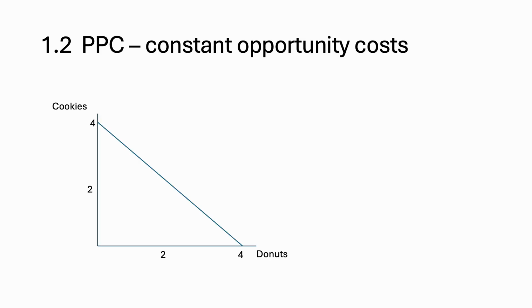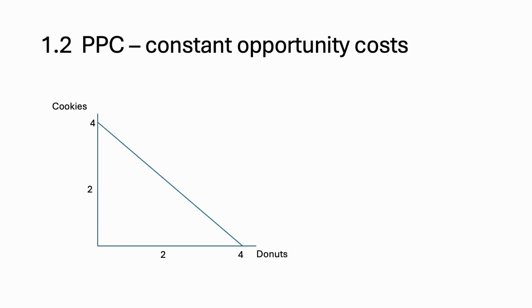This PPC is illustrating the concept of constant opportunity cost. This means that as we make more and more of one good, we're giving up the same amount of the other good. So the opportunity cost is constant. This is due to the idea that the resources that are needed for both goods are easily interchangeable. So for example, in this diagram, we have cookies and donuts. The flour, sugar, eggs, etc., the resources needed to make cookies and donuts are easily interchangeable, and the labor would have to be retrained a little bit, but not a massive amount,